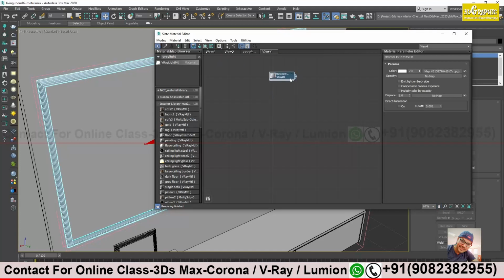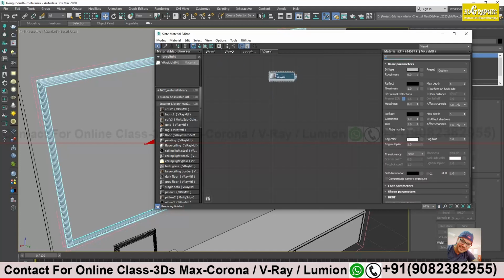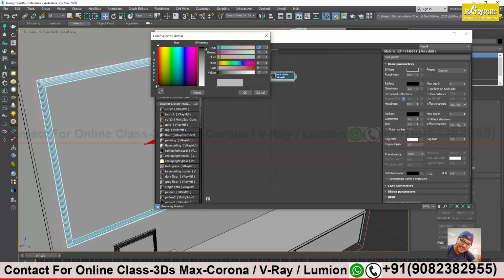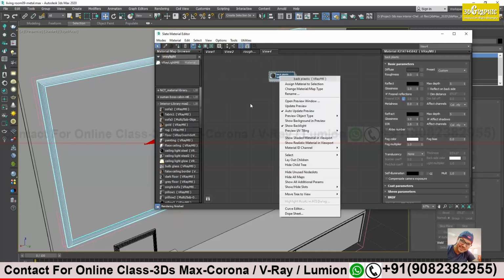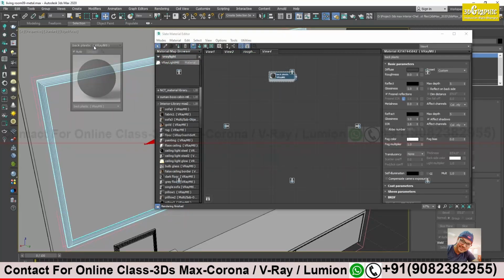Right, so this is going to be my black plastic. Alright. Simple black color, open preview window.